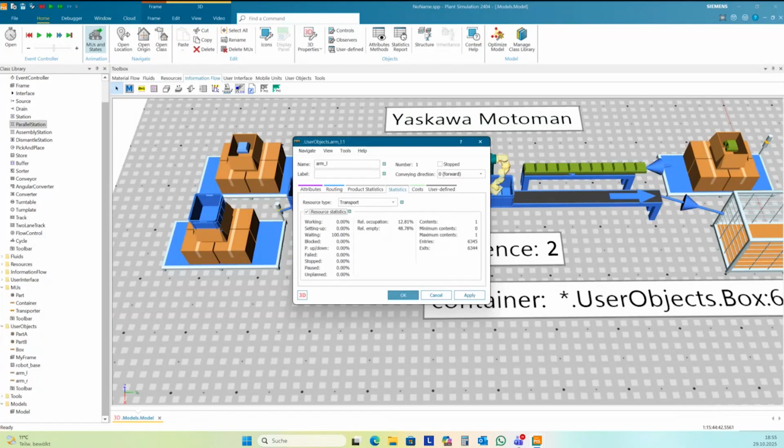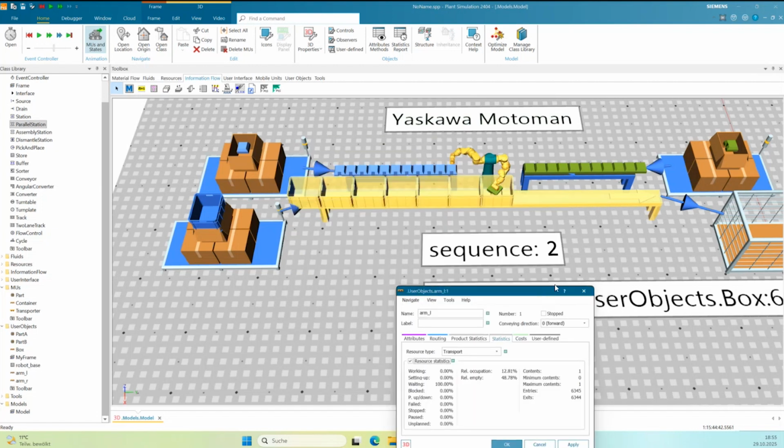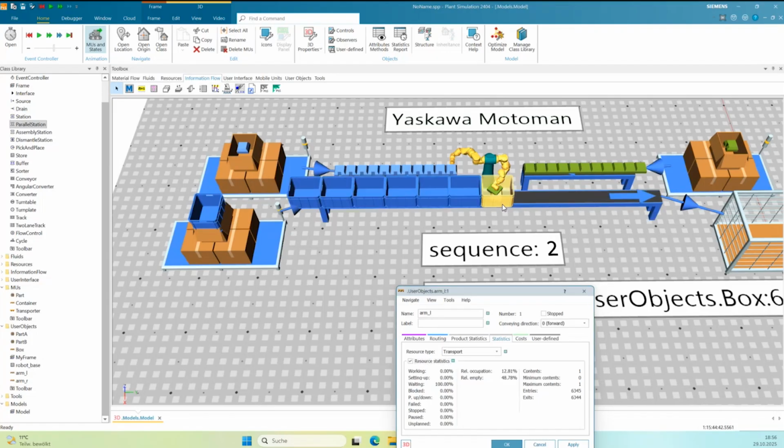Okay, Albert, I think the program is following a sequence. So the next sequence is set when the current one is completed. Yes, the sensor control will reset the sequence to 0 and then starts the sequence again at 1 if the next box is reaching the sensor. So the sequence starts again anew.